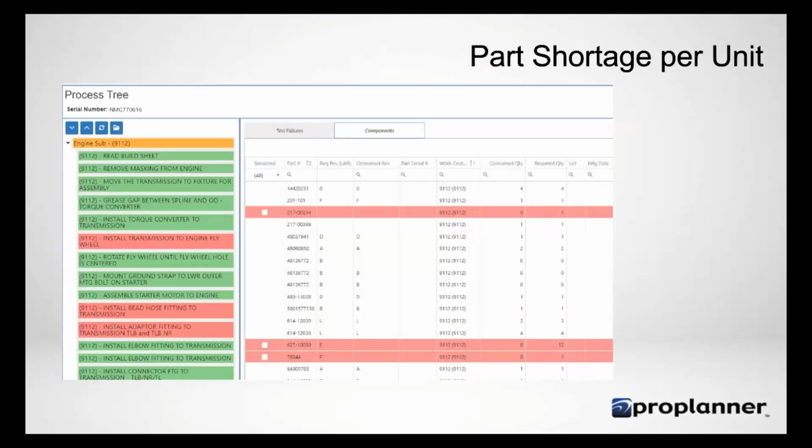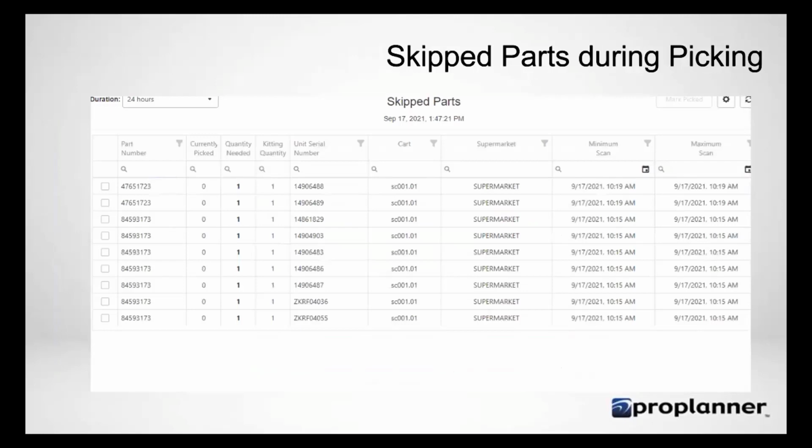Part shortage, this is another one. As folks mark, and I think there are many ways of doing this in the system, but as there are issues with parts on the line, we are displaying to the operator at each station that these are the parts that are critical, right? More than the operator, it's the line leads for certain areas who need to know this before the unit actually arrives at their station. So we started marking those components as bad and alerting them ahead of time before the unit actually arrives at the station.